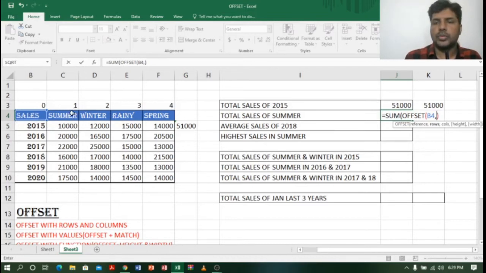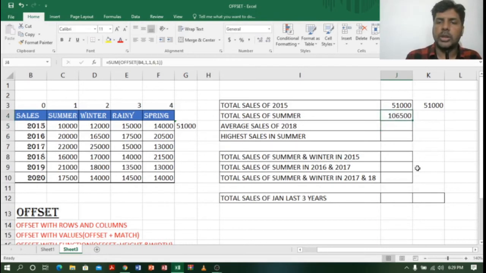First row, comma, first column. So I came to 10,000, right? Now the width is 1, because I am not going to select the other columns. But the height is 1, 2, 3, 4, 5, 6. So I'll type height as 6, comma, width as 1. Let me close the bracket, enter.